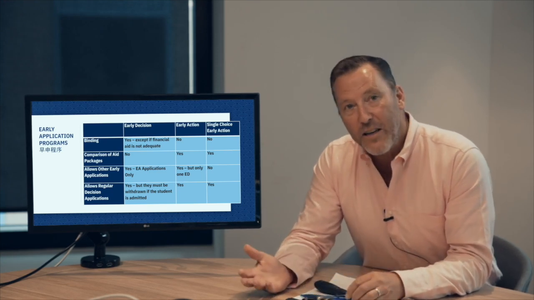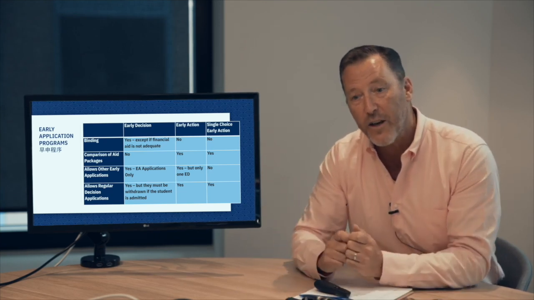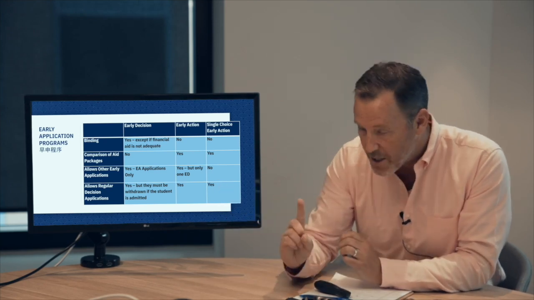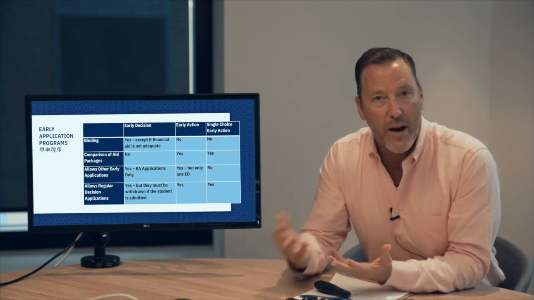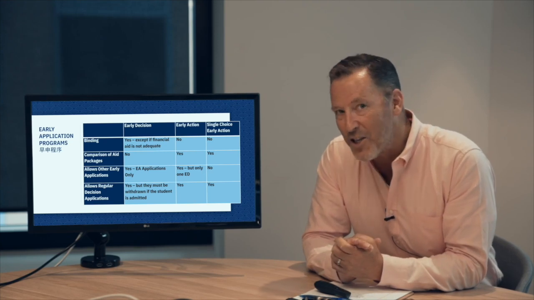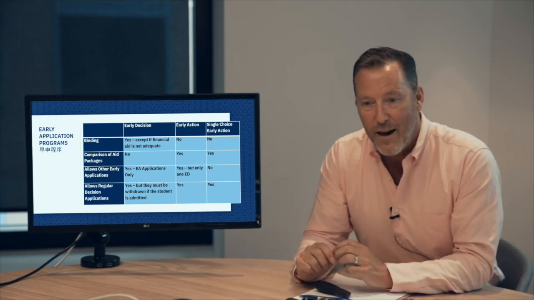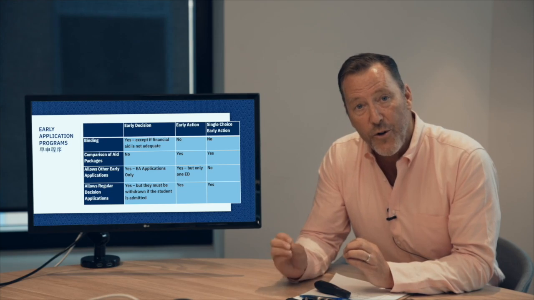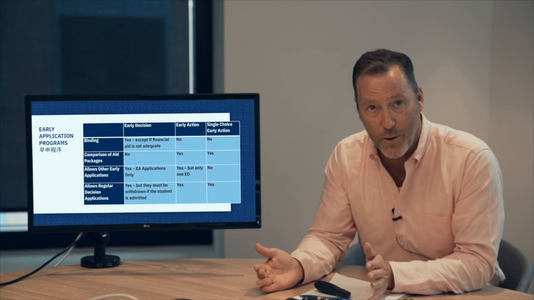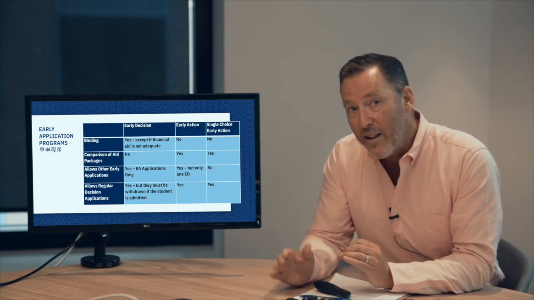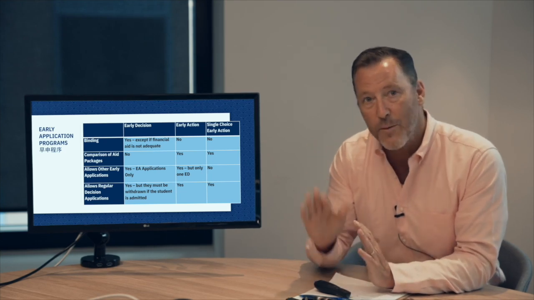The fact of the matter is early decision will often improve your odds of being admitted. The payoff that the admissions dean will give will be this: if you promise to come to my university, I promise to open that door a little bit wider. So you see schools like Cornell University, for example, that often have an early decision admit rate right around 30%, but an overall admit rate of 9%. Early decision is a great way for certain universities to start to fill up their dorm, be assured of yield before they go into the regular decision pool. So one way to really improve your odds of admissions at many universities is to apply early decision. Now there's two other early programs I want to touch on briefly.